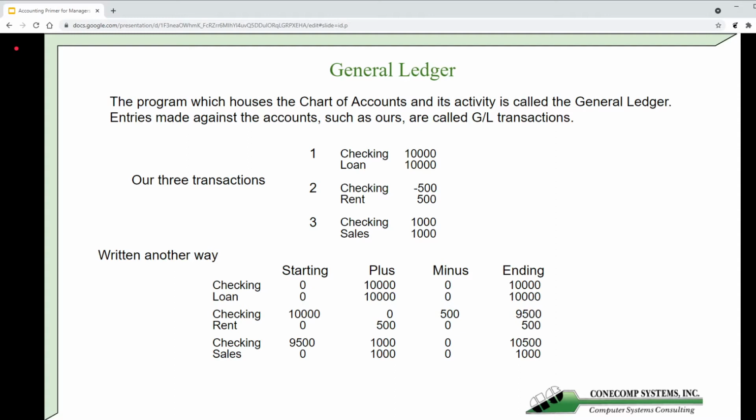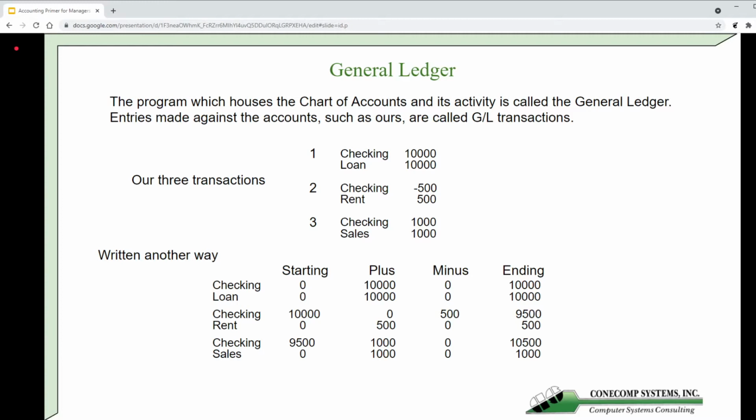Our rent, which we call rent as an expense, started at 0, but it went up by $500 for our first rental payment, but it didn't go down at all, and it ended at $500. And finally for our sales, this time the checking account started at $9,500 from the previous transaction, but it went up $1,000, didn't go down at all, and ended at